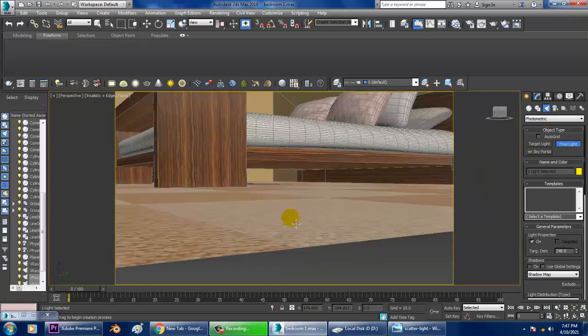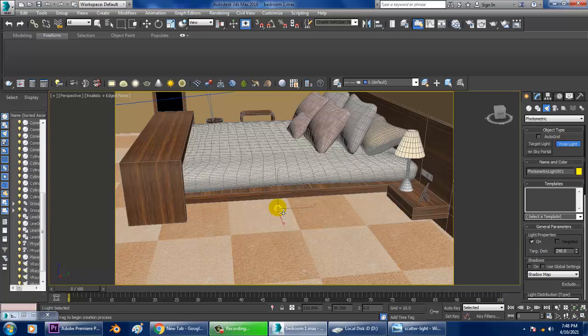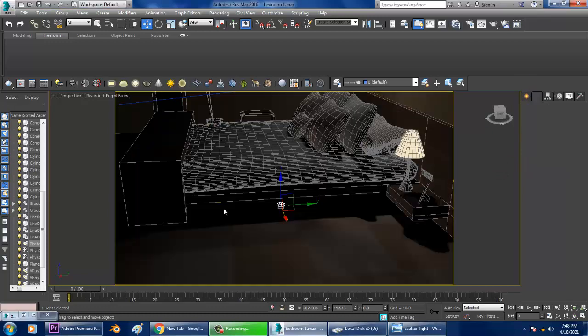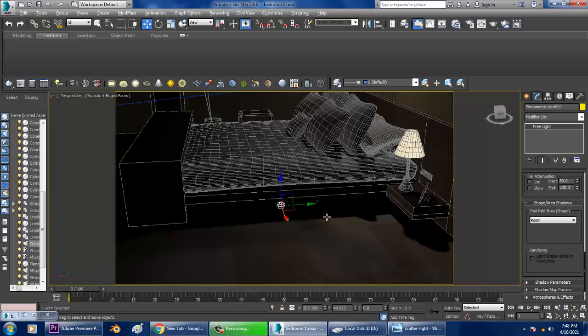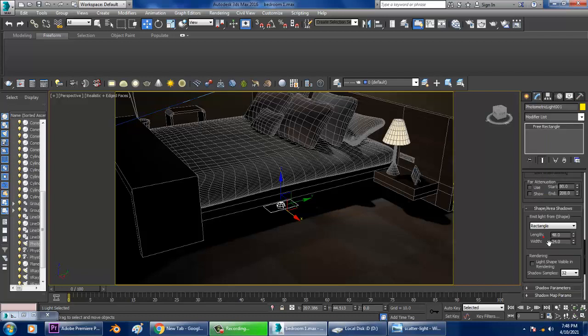What I want is a light over here, so I'll slightly put one light into this photometric. I'll set this as a rectangle, or you can make it a cylinder, and increase the length and width of this particular light.